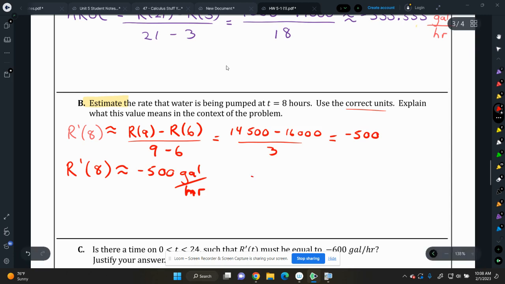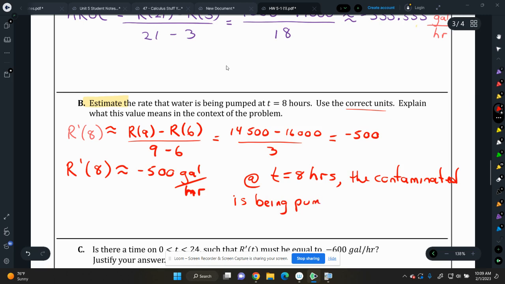Okay, so at t equals 8 hours, in the context of the problem, the contaminated water is being pumped out of the pond at a rate of